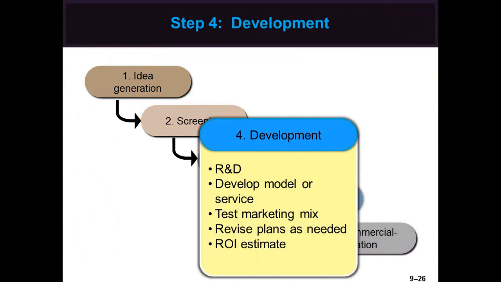In the development stage, the product idea is translated into a tangible prototype. In the case of a physical good, a physical prototype is built. For a service, the organization works out the details of the training, equipment, and staff required to deliver the service. Technology has had a big impact on the development of physical products, mainly in the use of computer-aided design software.